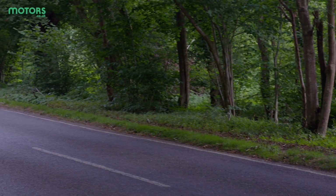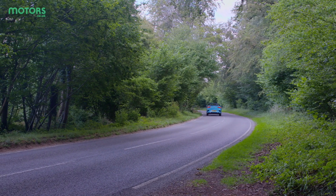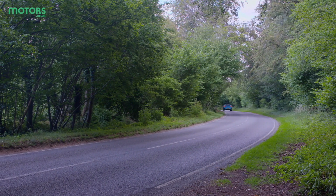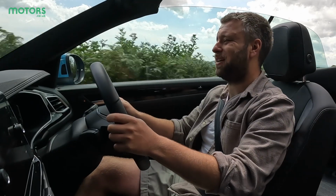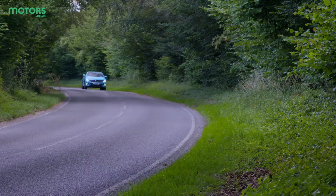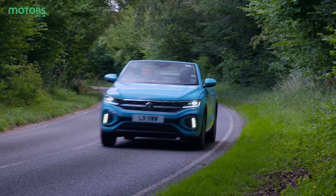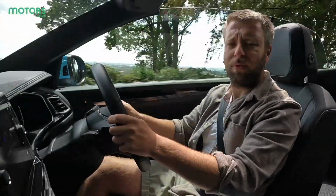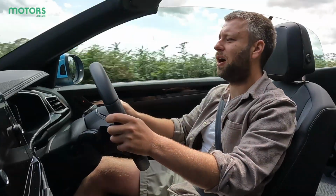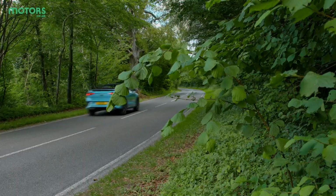You might remember that the only other previous SUV convertible around in recent times was the Range Rover Evoque convertible, and actually I quite liked that one as well, despite it getting, well, quite a severe panning across the globe, and certainly dropping off from new car markets pretty swiftly. But the T-Roc Cabriolet has now come back for its second generation, and I'm quite pleased about that, because this is a different car that has a little bit of character, still well executed, and isn't going to cost loads